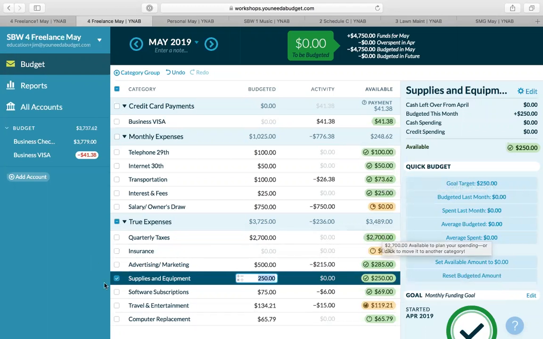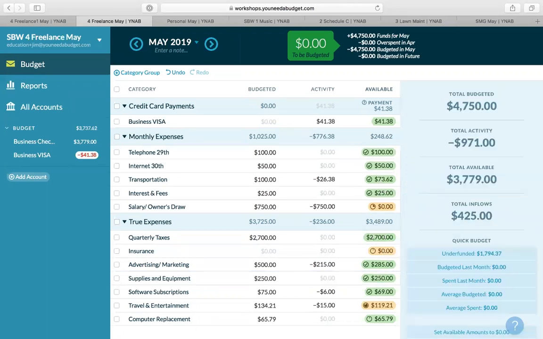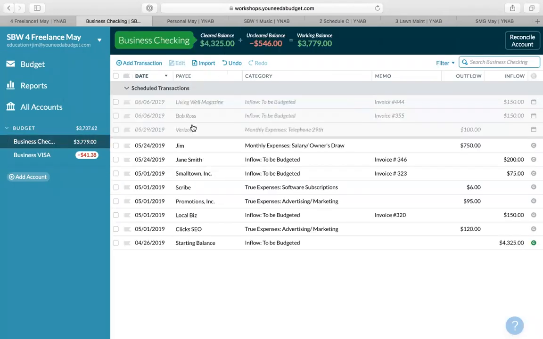So it is a shift in thinking and a different way of thinking about budgeting for a lot of folks, especially in the business environment. But this is what's key to, I think, budgeting effectively for your small business as well as your personal life. So I hope that makes sense. But I've gone ahead and used these scheduled transactions as a way to account for those things that are coming up that I haven't actually got the money for yet. Okay? Does that make sense? I hope that helps.